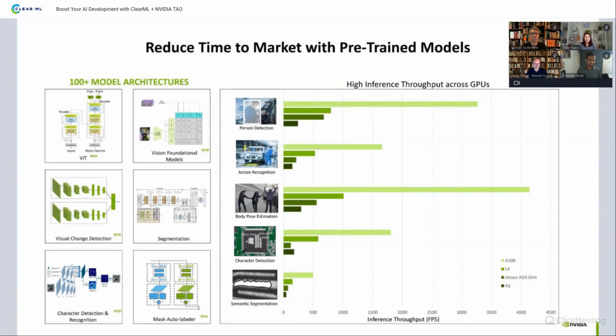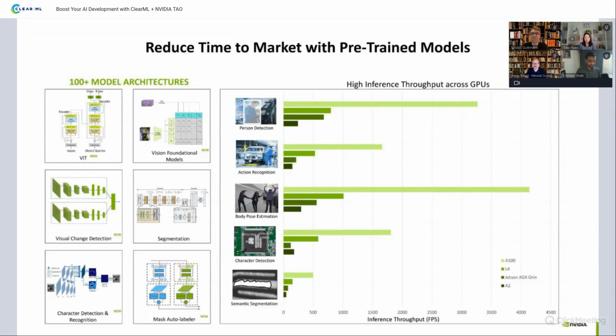Other models we have are like the Siamese model, where you're comparing two objects and trying to detect the anomalies between them with our visual change detection. For this, we support segmentation, where the use case could be an industrial inspection use case, where you really want to know where the exact defect is. By comparing two objects, let's say a golden object and a test sample, you can estimate the exact spot for the defect. And this is brand new, added as a part of TAO 5.1, which was released last week.